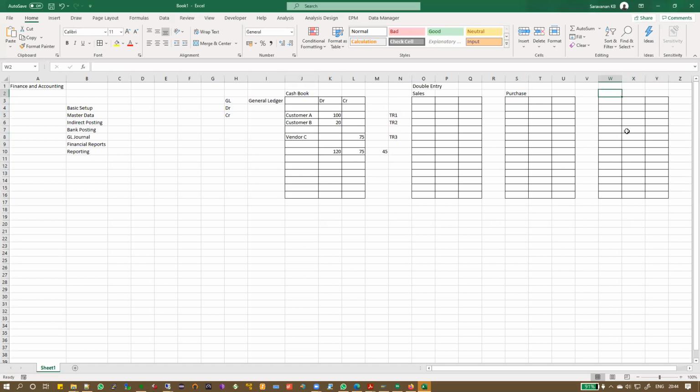This is called my debtors, meaning people who have given me a loan, or people who have given me money without buying anything. And this is all debit, credit, debit, credit, debit, credit. So now, this is customer A.